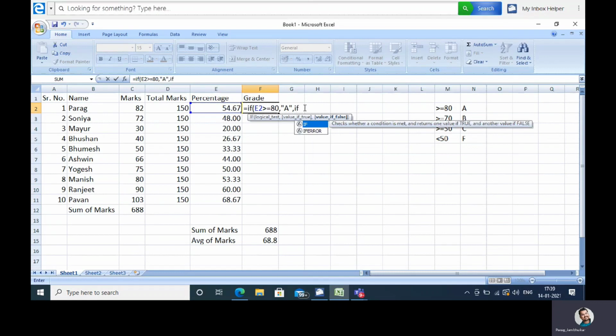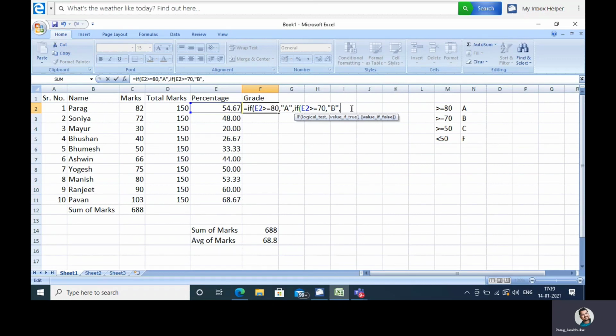So again for the condition, IF opening bracket. We are checking this value, so again I am selecting it. Okay, so we'll come back here. If it is greater than or equal to 70, what should it print? It should print B. Again, if this condition is wrong, then again the else part.